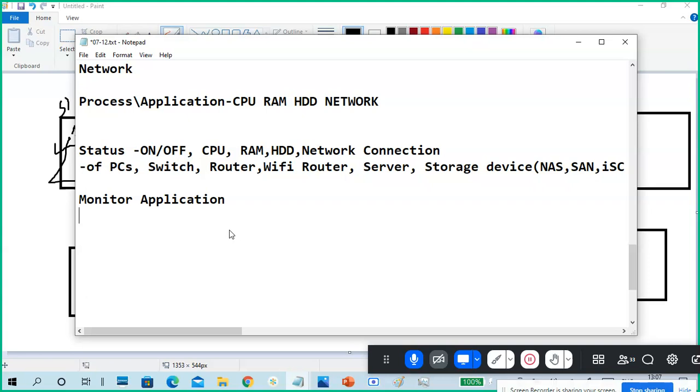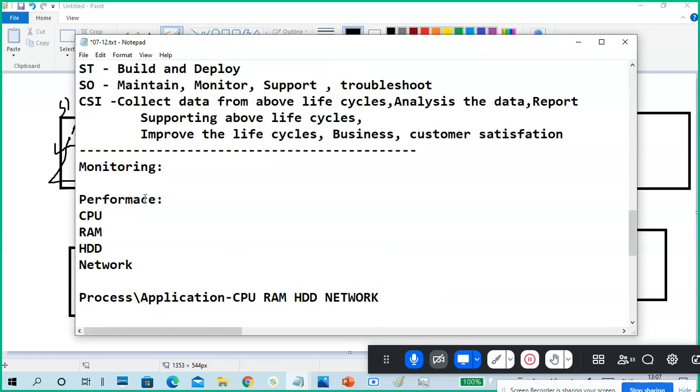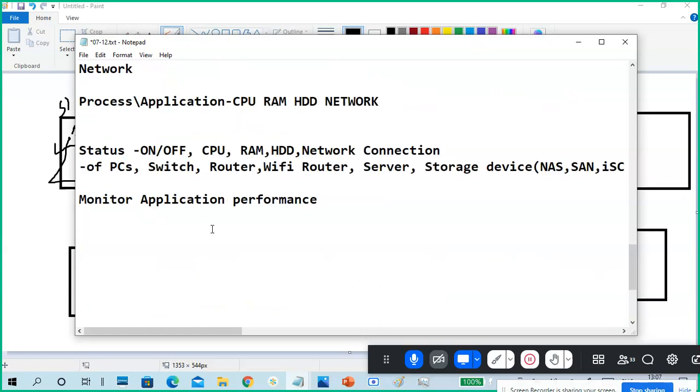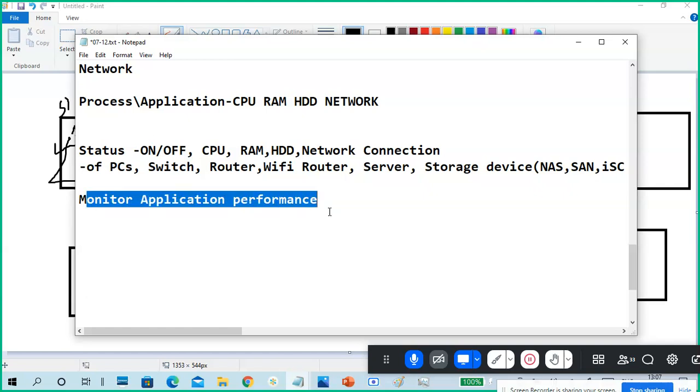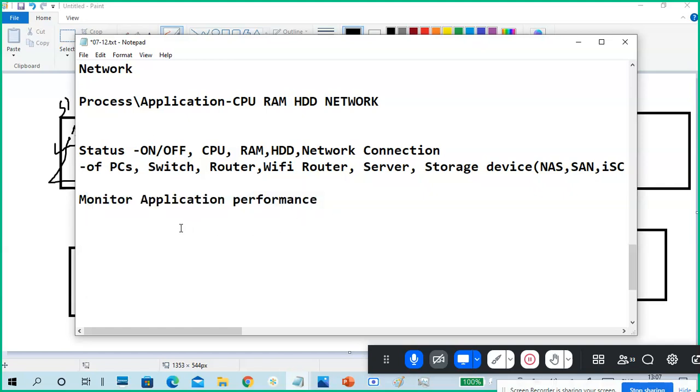Status monitoring of your infrastructure. Okay, monitor application performance.